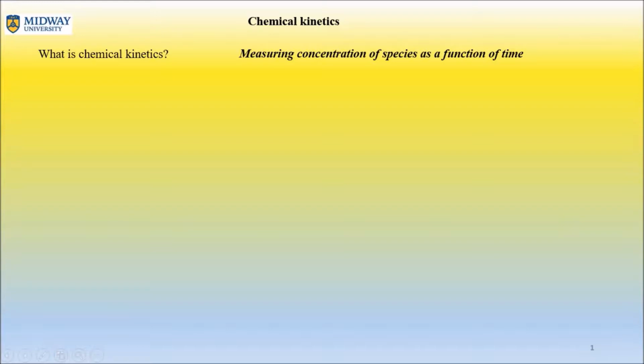When I say species, I'm referring to reactants and products. I'll give more explanation on that in just a second. But when you're measuring the concentration of reactants or products as a function of time, then we are dealing with chemical